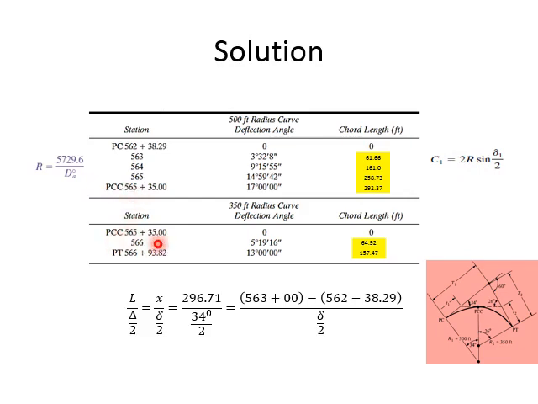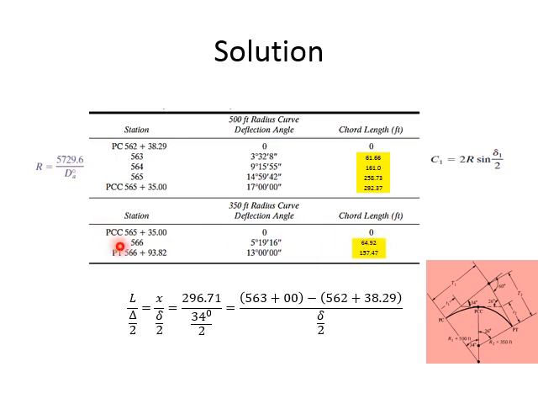Now PCC is the end of this curve but also the beginning of the next curve. So for PCC you will start the new curve. It is written here again as the starting of the new curve. So again the deflection angle and chord length are 0, but this is for the new curve now. And then the next point is 566. So you will again apply the ratio approach, but now using the length and the deflection angle of the second curve. You find the angle, it comes up to 5 degrees 90 minutes 16 seconds. The chord length is this.